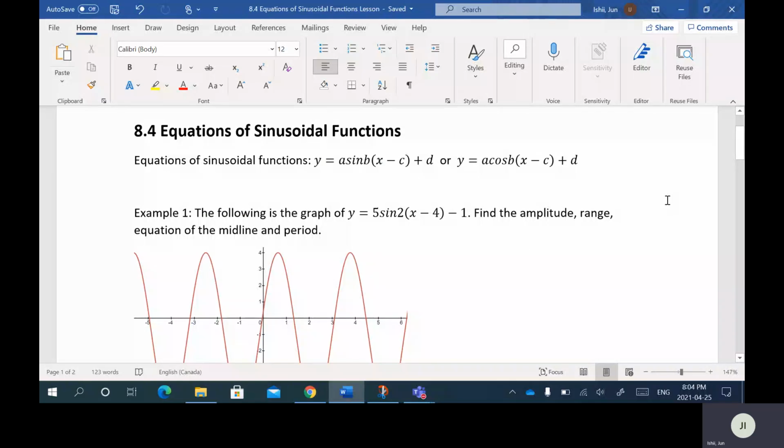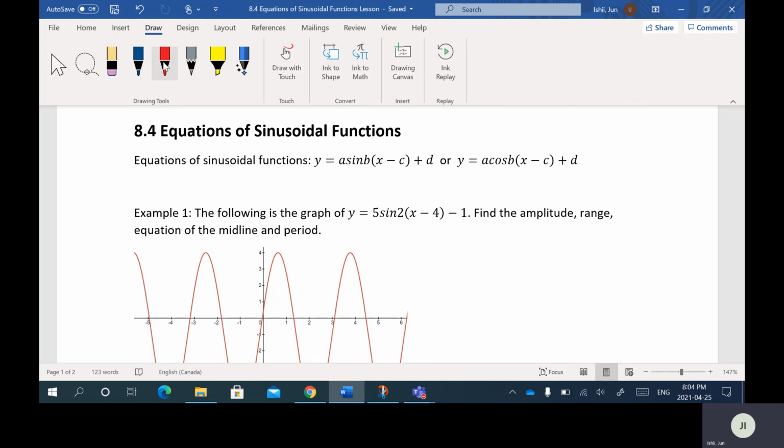All right, so the next lesson is on equations of sinusoidal functions. Last lesson we just looked at the graphs of these functions. Now what we're going to do is make the link between the equations and their graphs. The first thing to point out here is the equations of